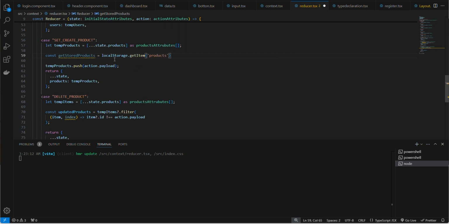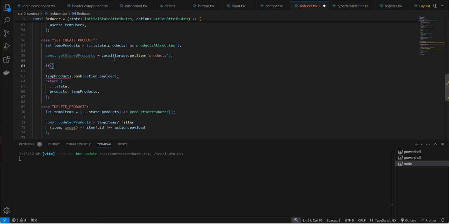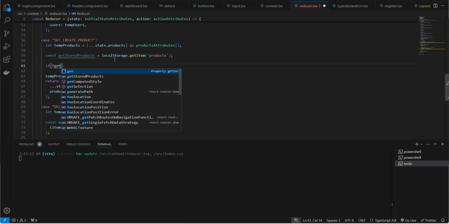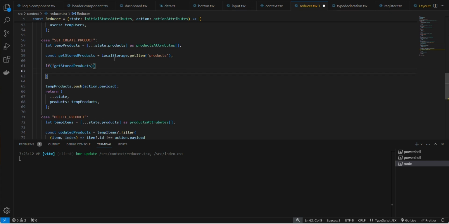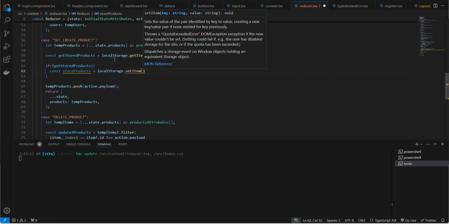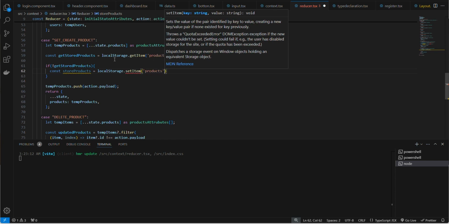All right, so we want to be sure that we got something. Now, if there is no stored product, if we don't get anything called stored product, that means it is the first time this is being stored in the local storage. So we need to attend to that. So we can say if we don't have it, we can store it. So we can say const store products equals localStorage.setItem, and what we are storing is products. So products is the name of the item, and we want to